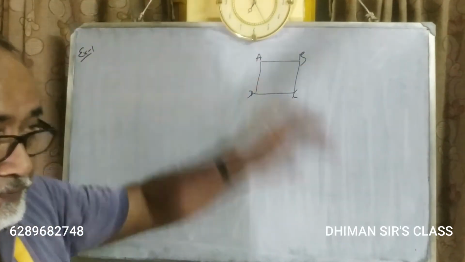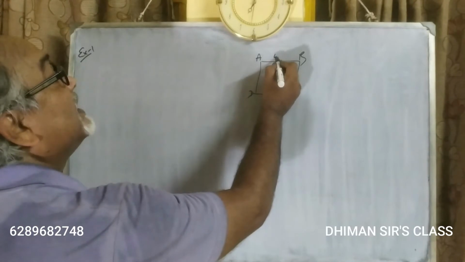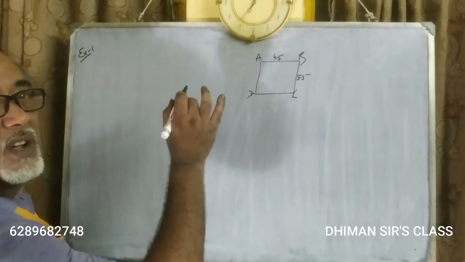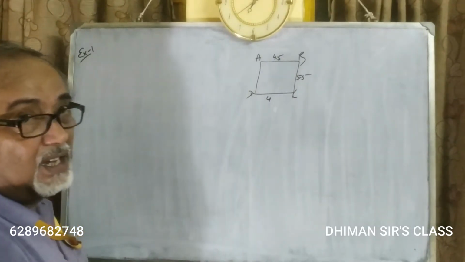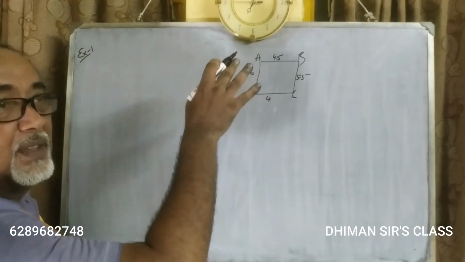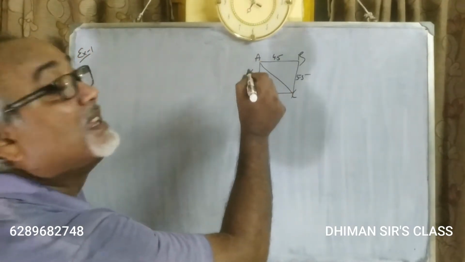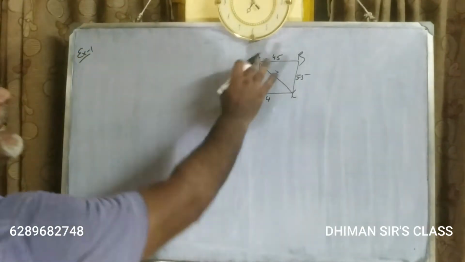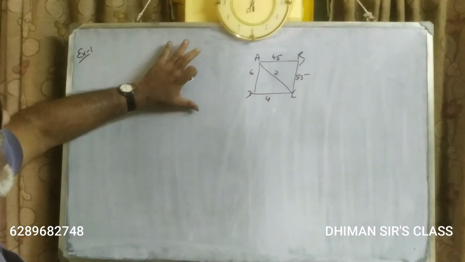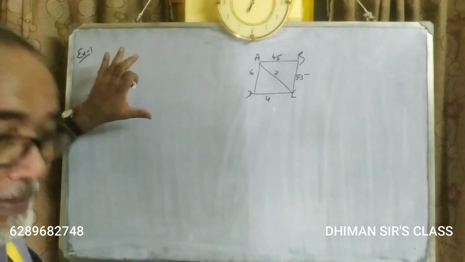Okay? Now, see ABCD, let AB be 4.5 centimeter. This is rough. Okay? This is 5.5. Got it? This is 4. Okay? And then AD is 6 centimeter. These are all in centimeters. And then AC, let this AC be 7 centimeters. I'm not writing centimeters here, but in our original construction, definitely we have to write all that information, whatever is given in the question. Full information must be written in your main construction.